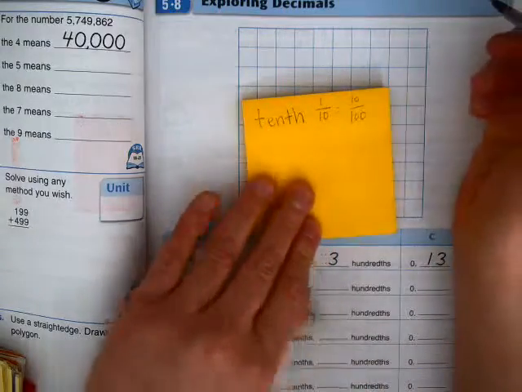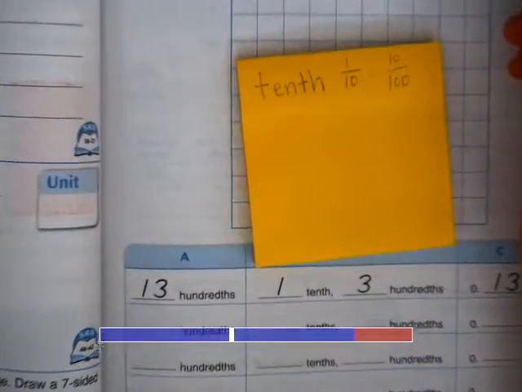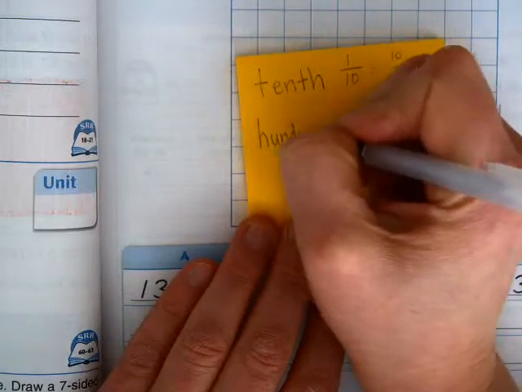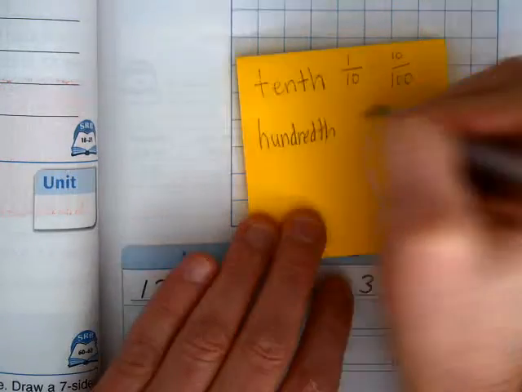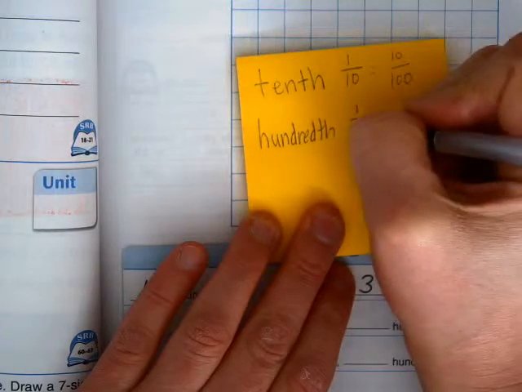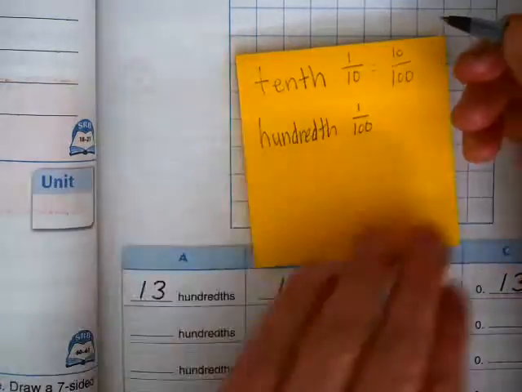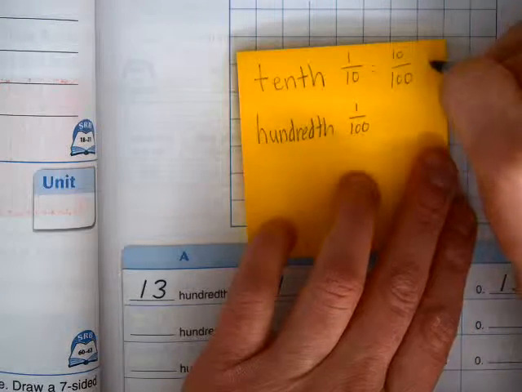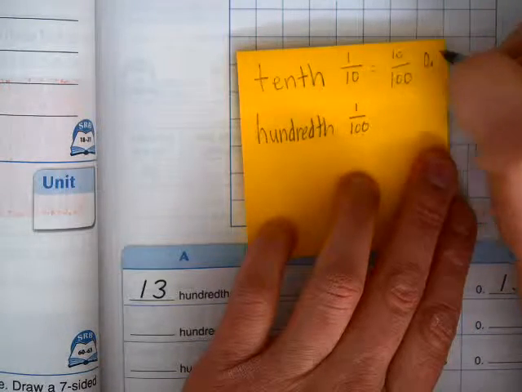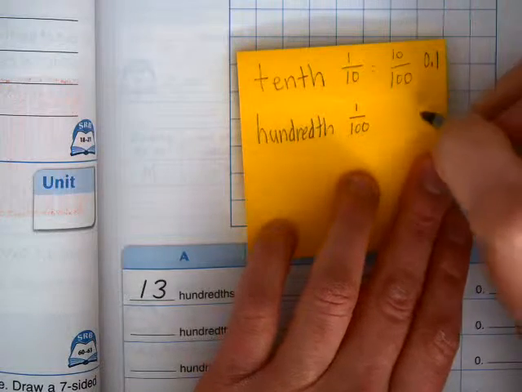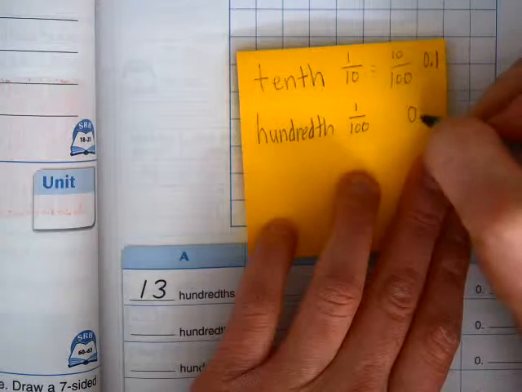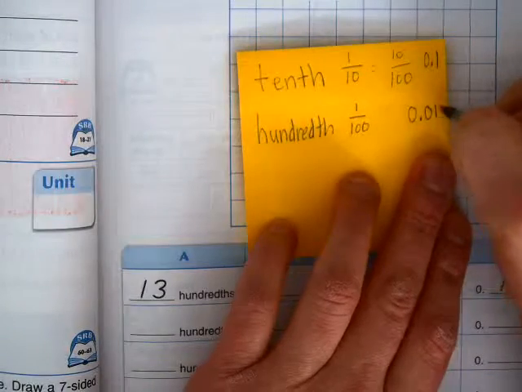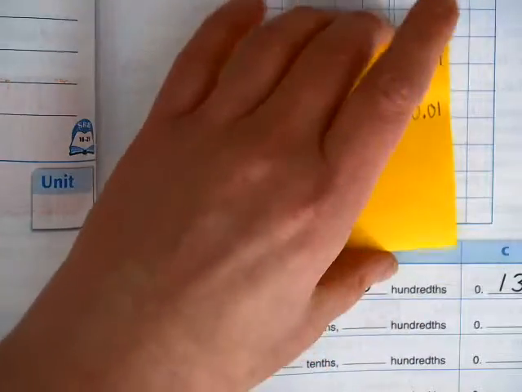And you're also going to want to know the word hundredth, which is 1 out of 100, okay, or 100th part of something. Okay, when we write these in the decimals, tenths are written as 0.1, that's 1/10, and hundredths are written as 0.01. This means 100th of something. Okay, and the way that's indicated